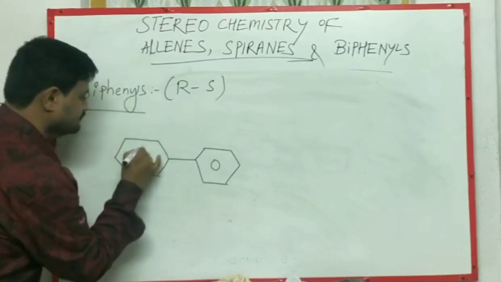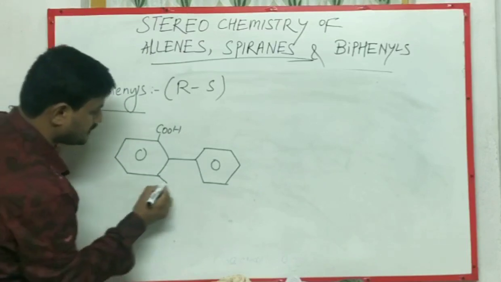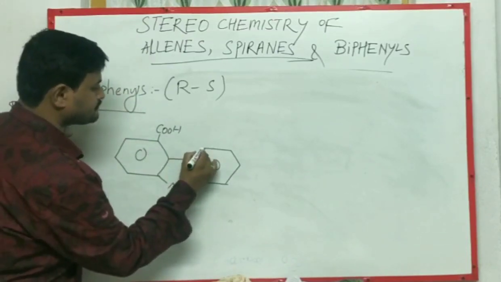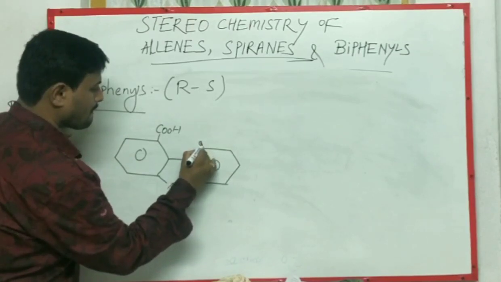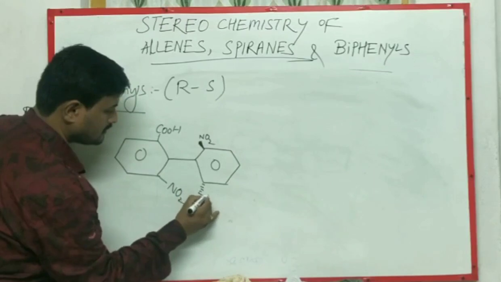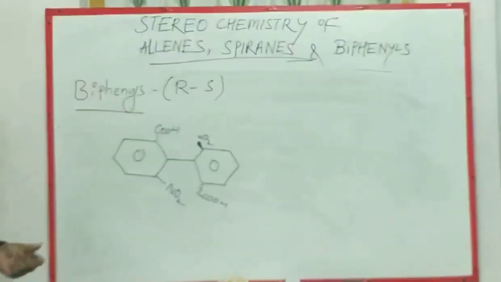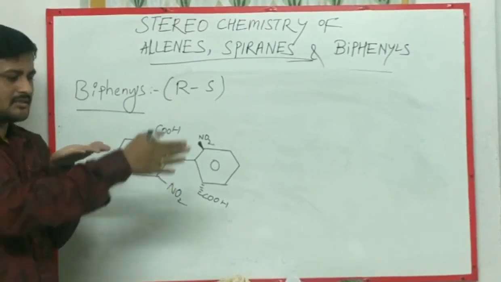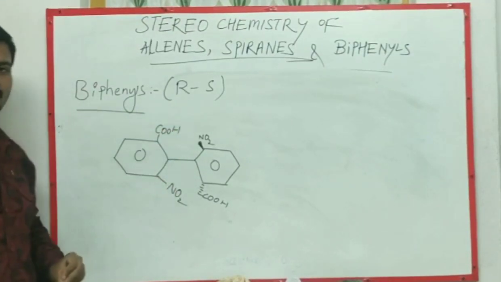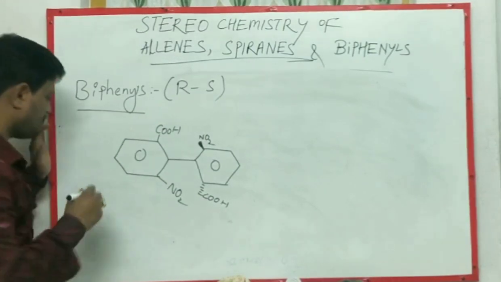Here we have COOH, and here NO2, and here NO2, and here COOH. Why am I writing like this? I already told you: this is above the plane, this is below the plane. Above the plane is NO2, below the plane is COOH. How can we assign it? Just this is the chiral